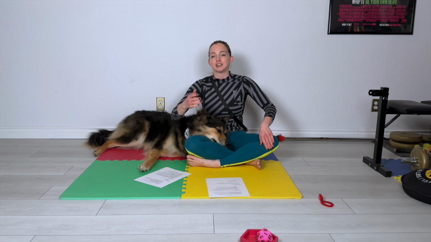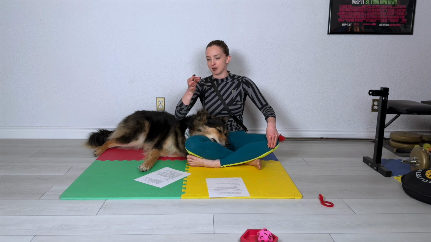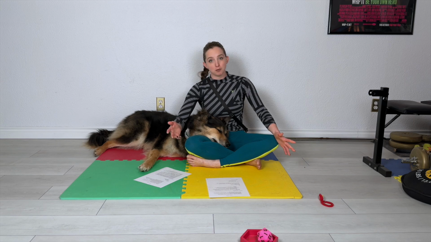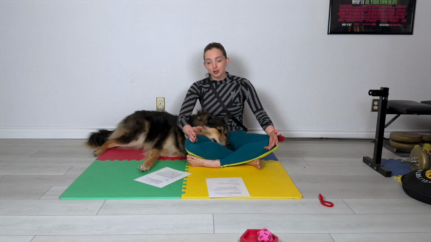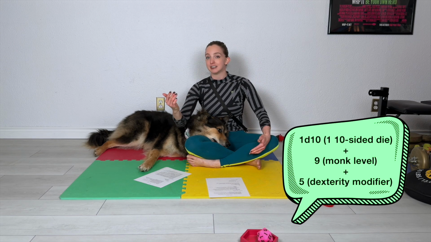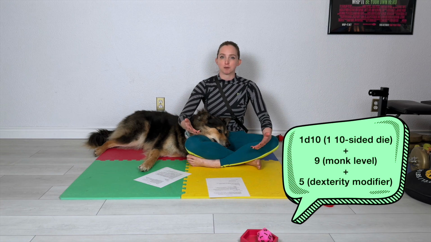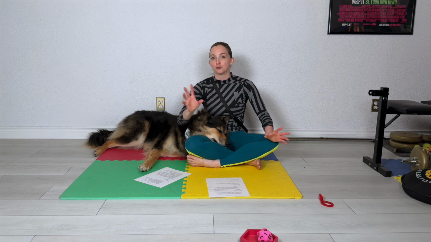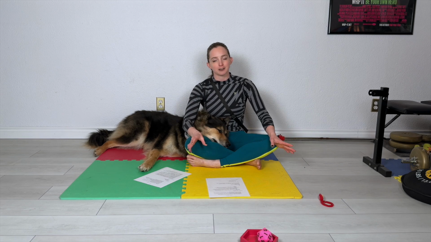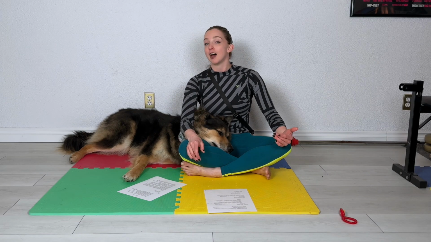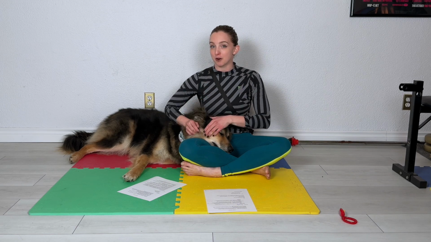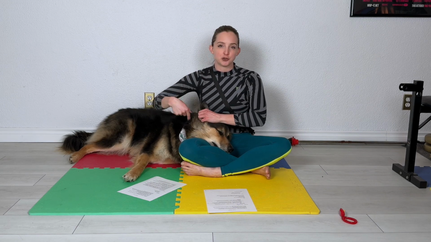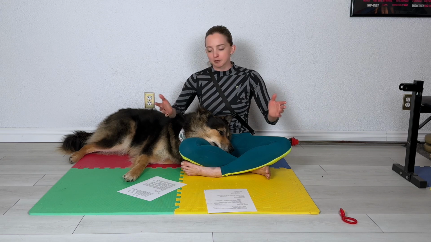They're rolling 1d10. So for Mo, she's a level 9 monk, so it'd be 1d10 plus 9 plus her dex modifier, which would definitely be probably in the 4 or 5 range. I didn't do the full character sheet for this character like I did for our Pied Piper, but I do have plans to, so stick around if you are interested in that. Not today, but stick around on the channel, subscribe.